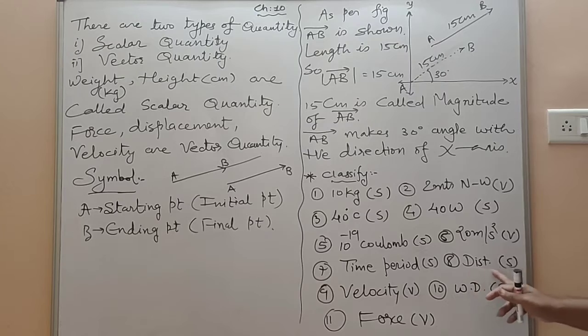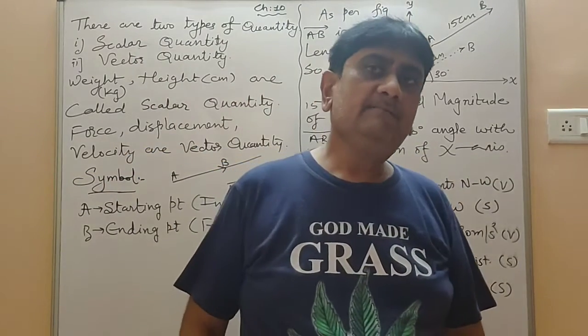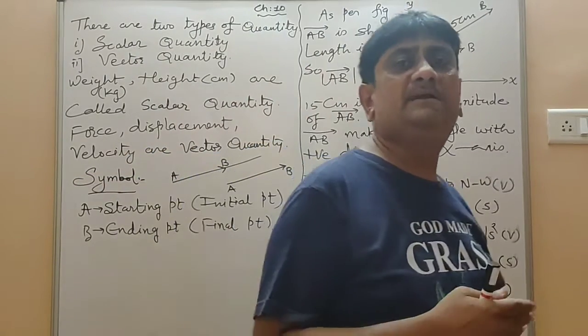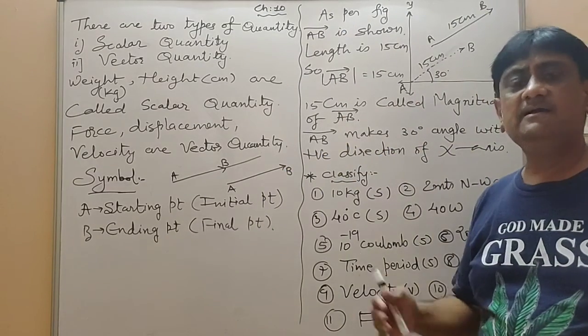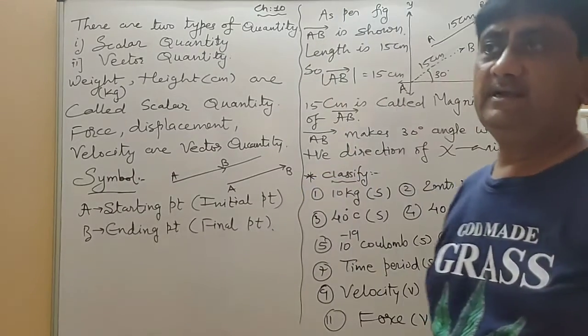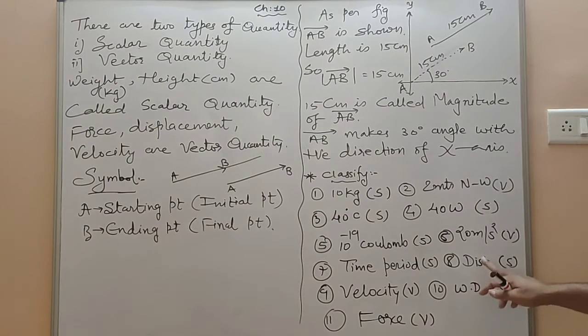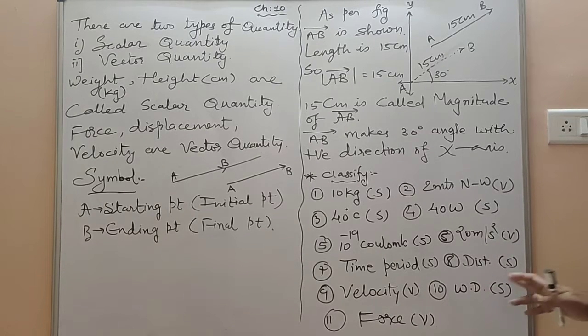Distance. Distance is scalar quantity. Suppose you say that distance is 20 kilometers, but it is not specified in which direction. If it is given that Ahmedabad to Gandhinagar, it is 20 kilometers away on the Ahmedabad to Gandhinagar road, then it is a vector quantity. If distance is given in kilometer and destinations are fixed, Ahmedabad to Gandhinagar road, then it is called vector quantity. Only distance is there, so it is measured in kilometer, so it is scalar quantity.